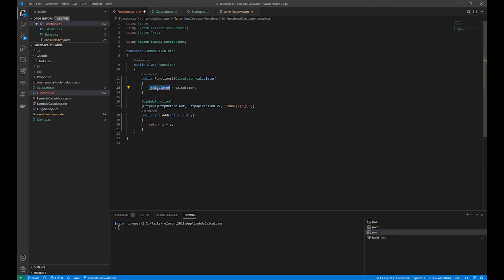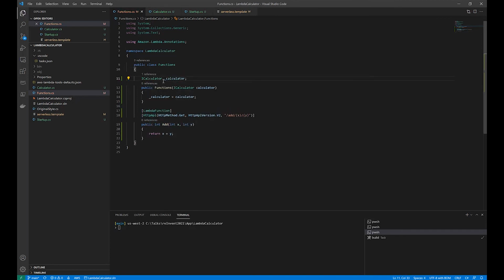Oh, I need to make myself a member variable, and then we can go ahead and use that here, x plus y. So there we can actually have it be injected into us as part of constructor injection. And when you do it as part of constructor injection, that means it's going to last for the lifetime of the Lambda compute environment. It works for those singleton injections.